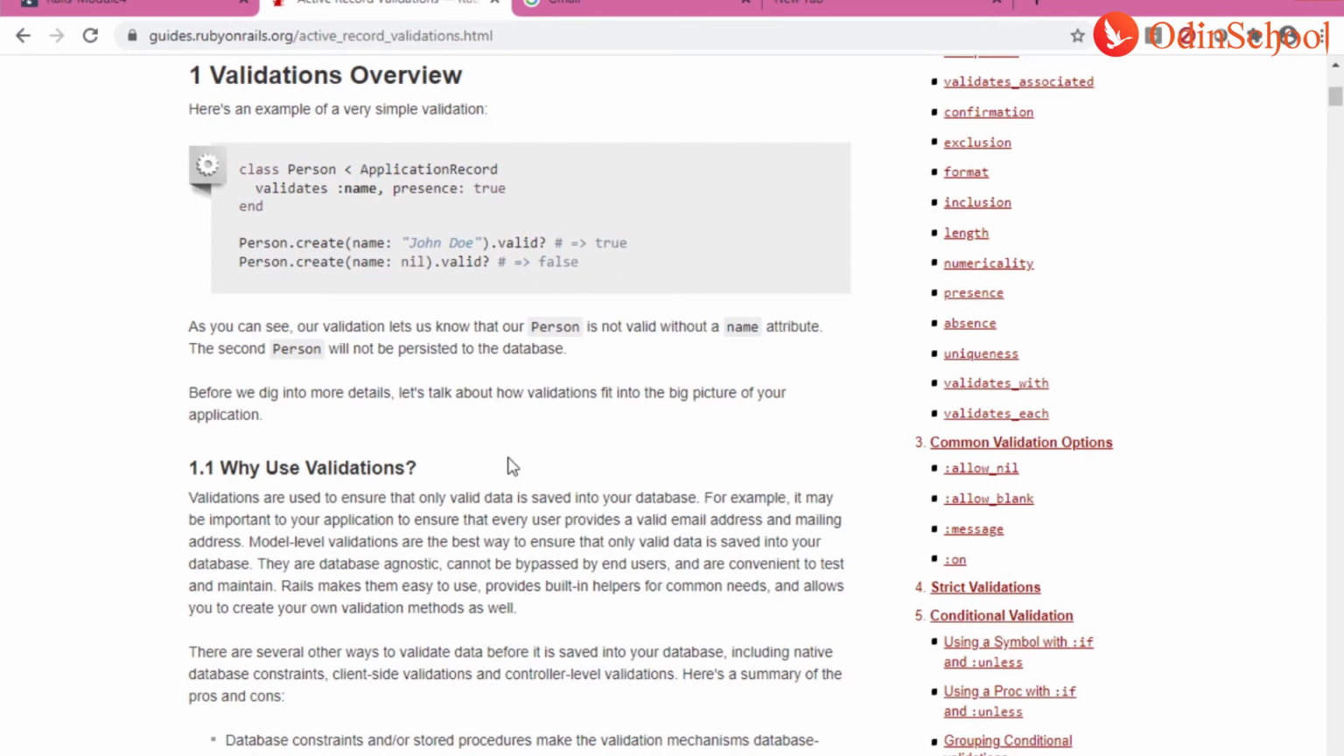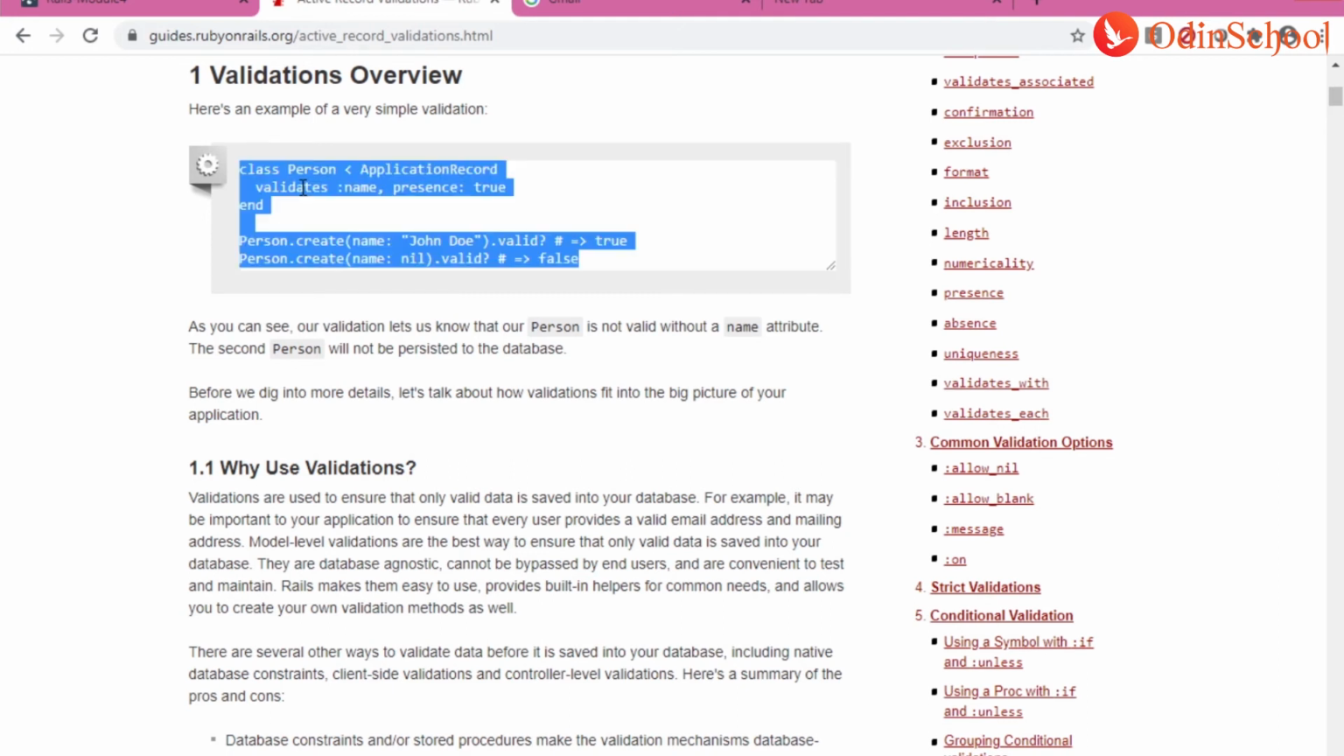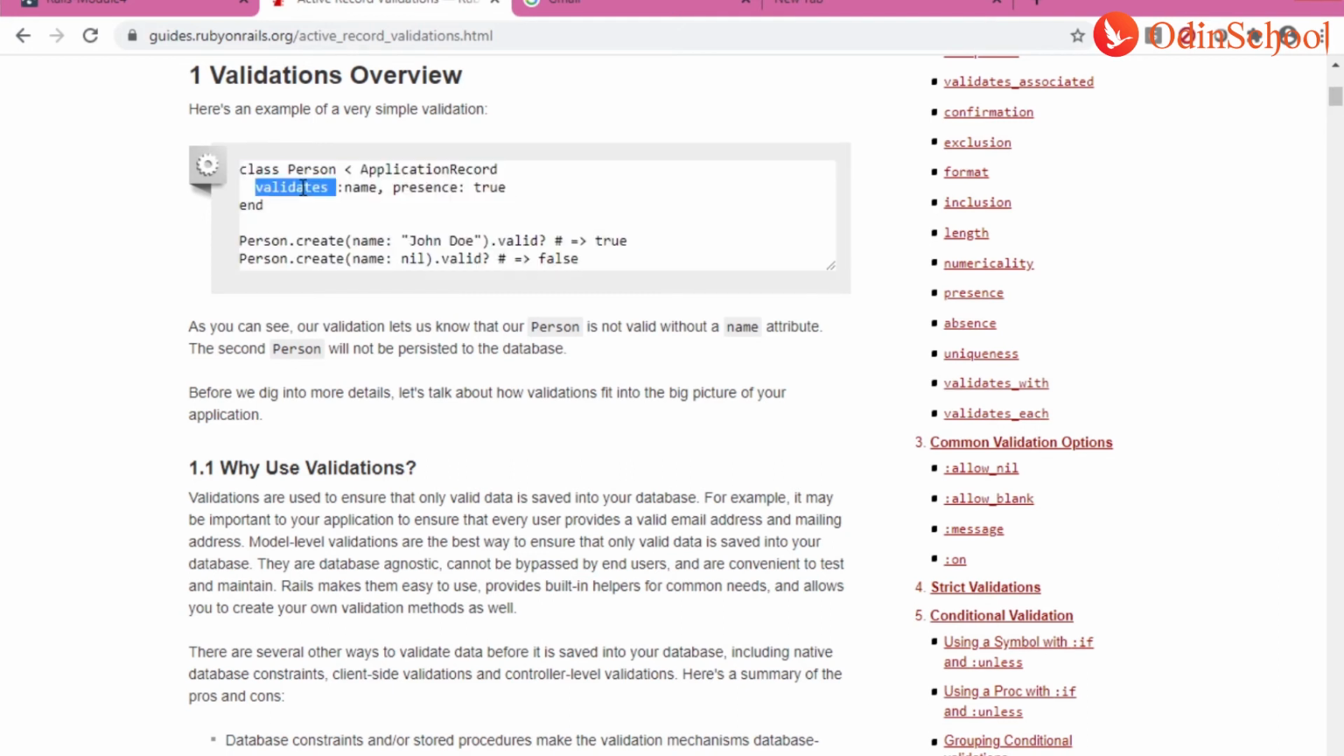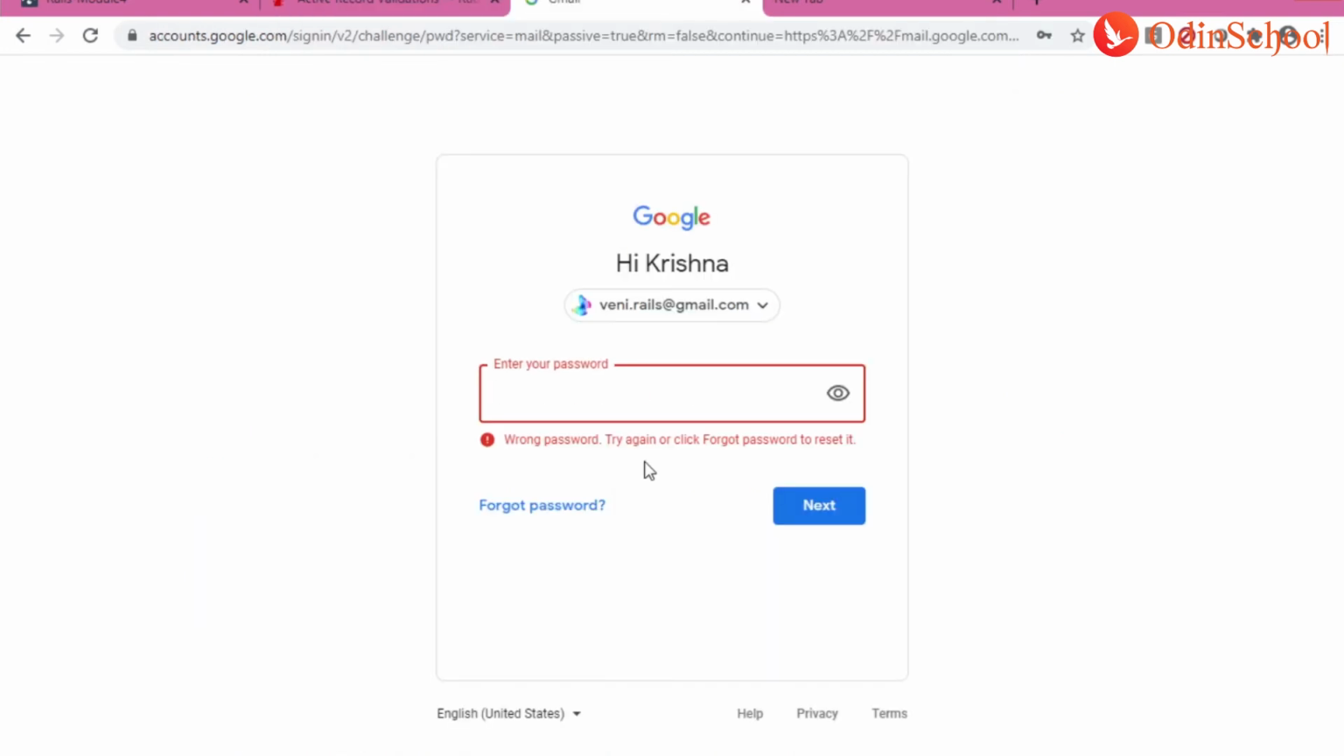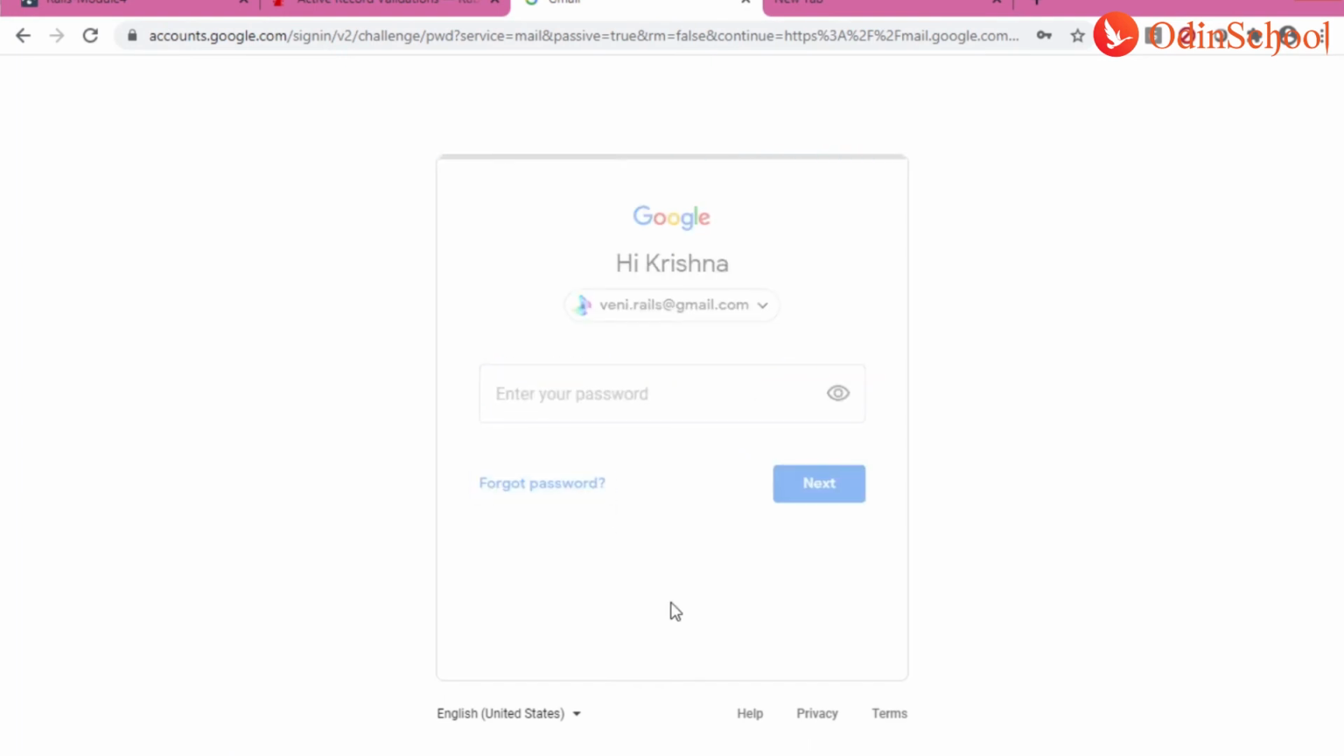So how can we implement these validations in our Rails application? As I mentioned, you need to write it in your model file with the keyword called validates. This validates keyword is used to validate your input. So you can use different kinds of validation helpers which are available in your Rails application by default. So for example, whenever you are logging in or creating an account, let me